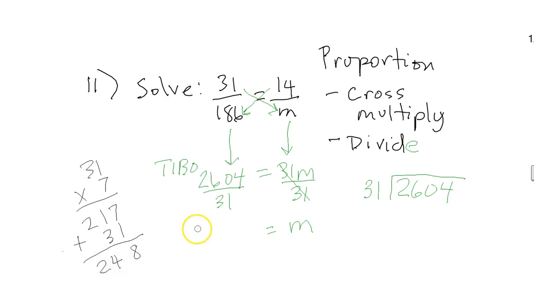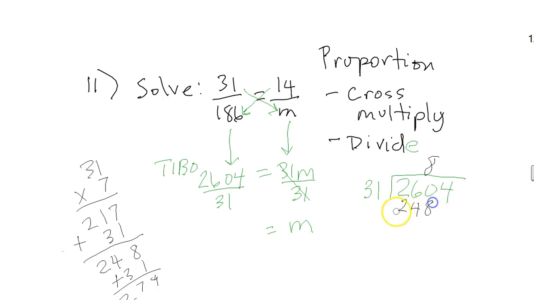248, we're getting closer. And if we add one more 31, I think we will overshoot it, which will be 9, 7, 2, which is too much. So 31 goes into here 8 times. So put that right over the 0. It came out to being